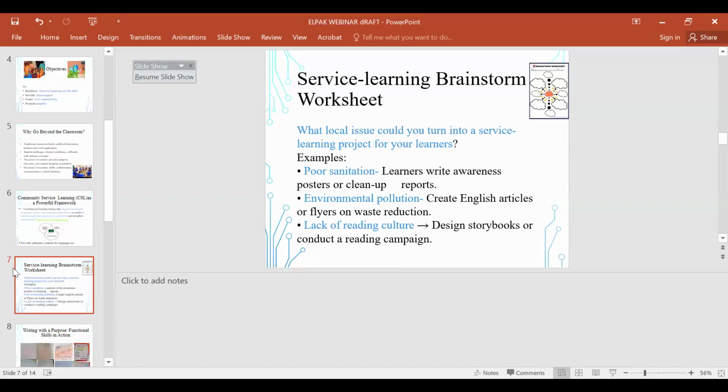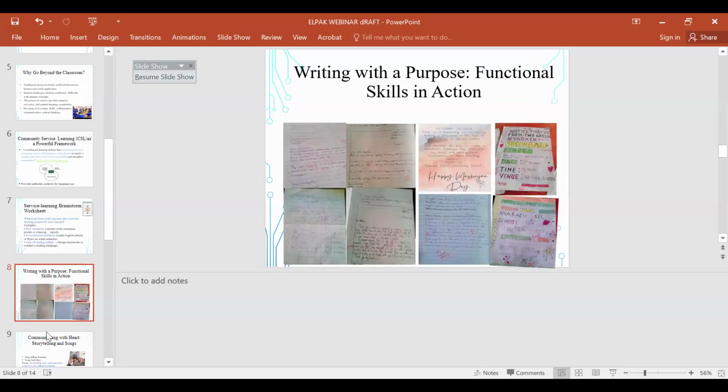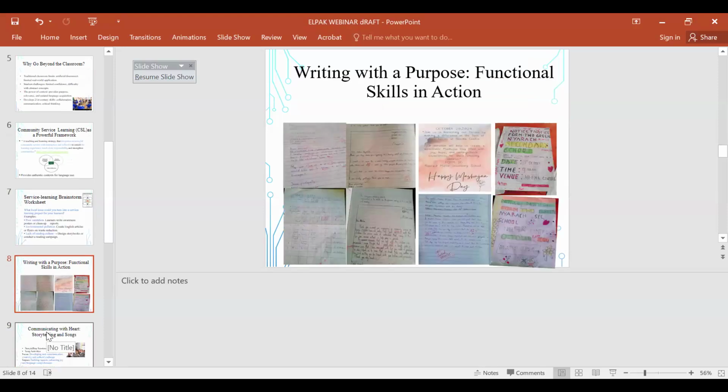If I go to clean up a hospital, I believe there's a register that is used within the hospital, and these learners will get to learn some of the vocabularies that are unique to our hospital environment. We could use it to teach maybe storytelling and so on, as well as writing. So for me, I focused specifically with the project that I did on writing. I focused on functional writing